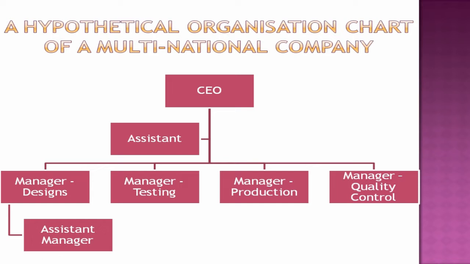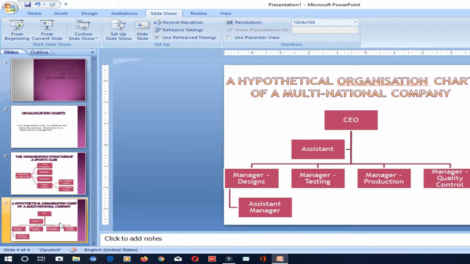In a school, if you see, we have principal. Under principal, HM will be there. Under HM, teachers, senior teachers, junior teachers. Under teachers, students will come, senior students or junior students. So every organization will have a structure. To create that, we have to create an organization chart using SmartArt tools in PowerPoint. Okay, so let's see how to create the SmartArt chart.